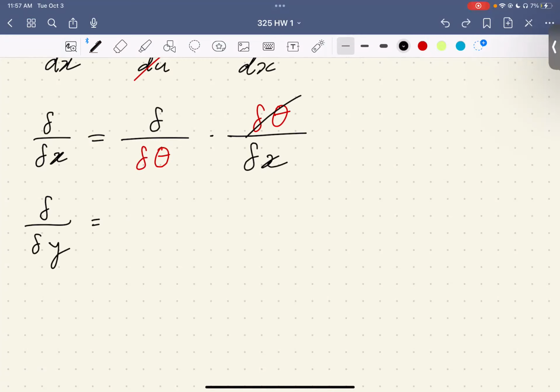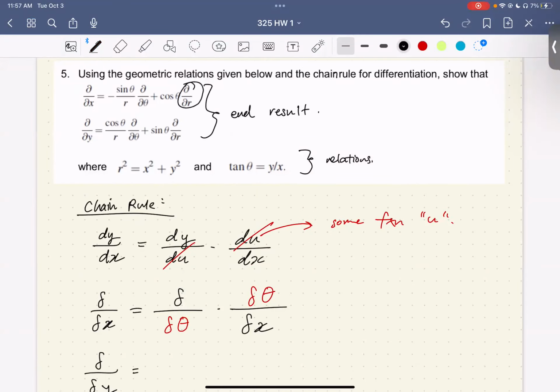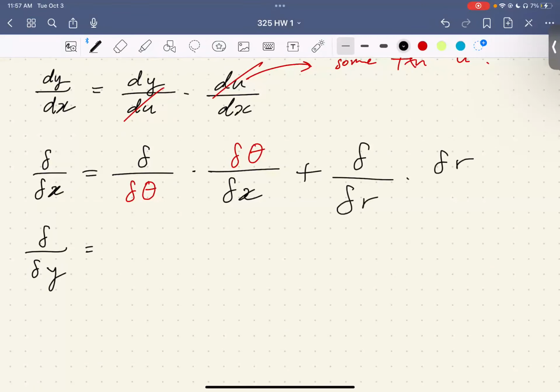But that's not all. We also have our r component for both the x and y. This makes sense, so we're also going to include the r term. There we go. Essentially, this will all simplify back out to d dx, but this uses the chain rule to find now